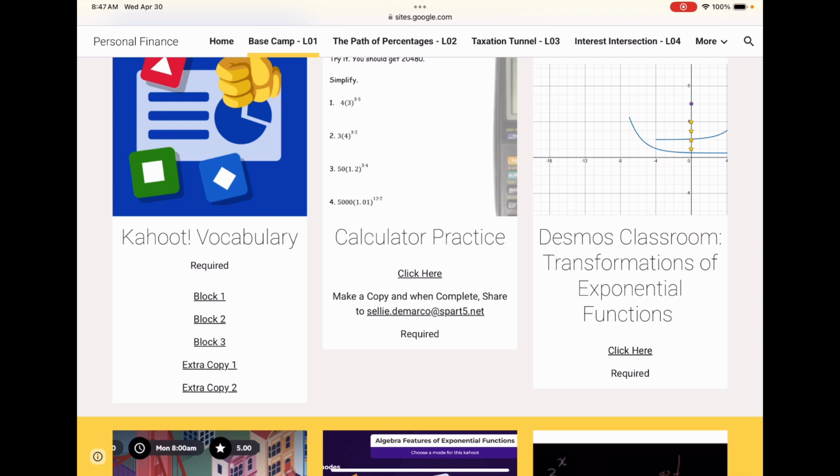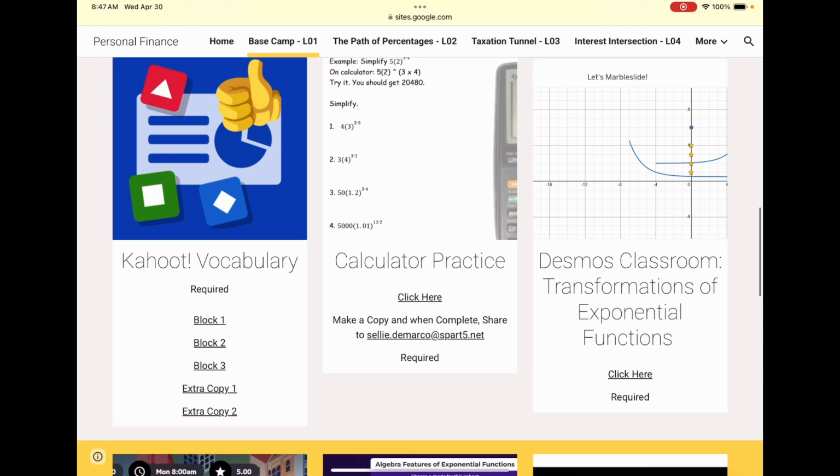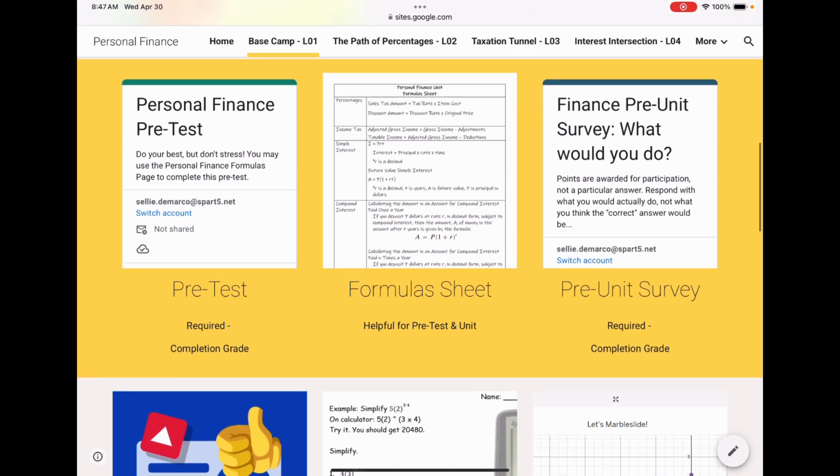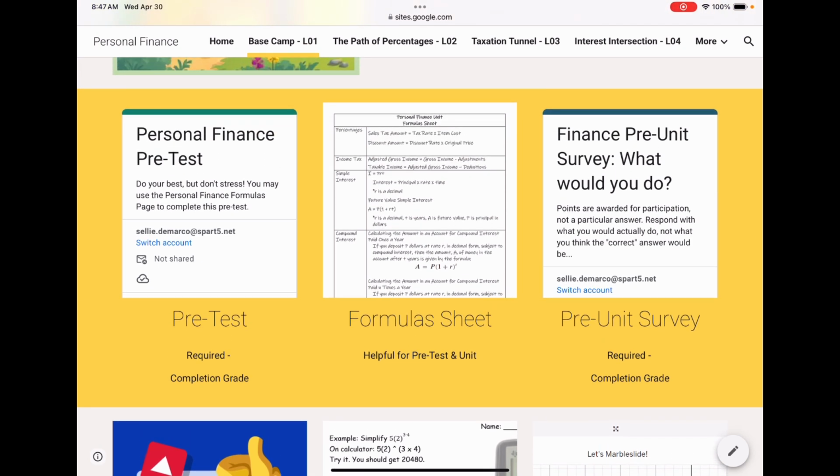Another thing I'd like to mention, something new, I'm going to scroll back up here, is I have a little pre-unit survey, and I do this exact same survey at the beginning and then at the very end as a follow-up. I pose them as what would you do types of questions, and each question provides a relatable scenario where students are surveyed on how they expect they would react in a similar situation. And each question correlates, in a modern day scenario, to one of the 3 parables related to one of the 3 biblical principles.